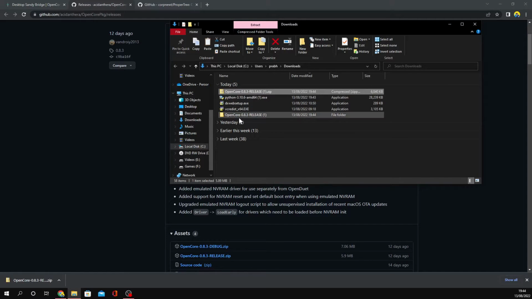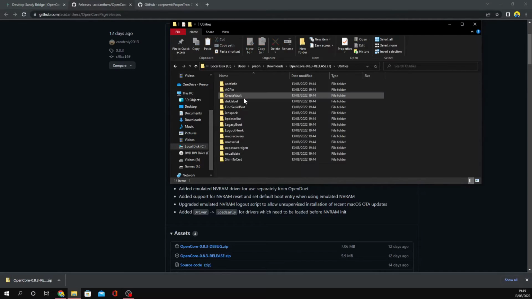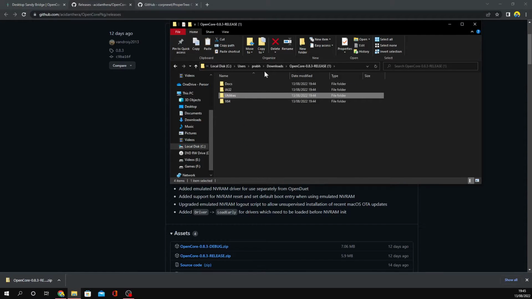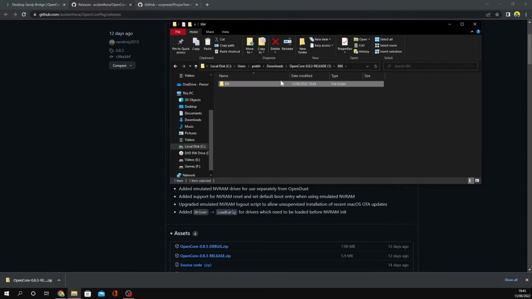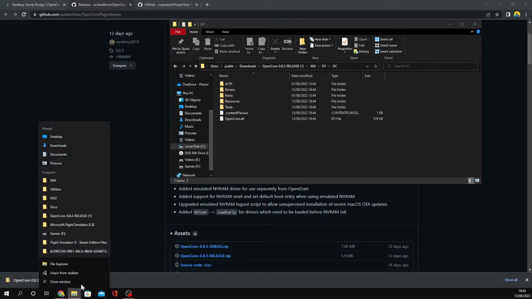And it's finished extracting, so I'm gonna go to the folder. I'm gonna go to utilities. I'm going to go to x64, then I'm going to go to EFI, and EFI, OpenCore or OC. Then I'm going to copy this, open a new file explorer,